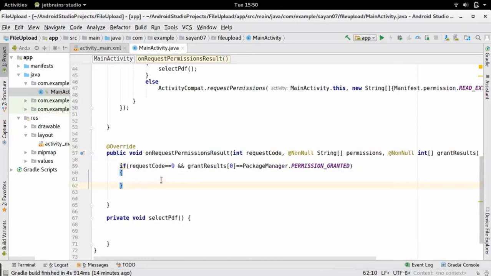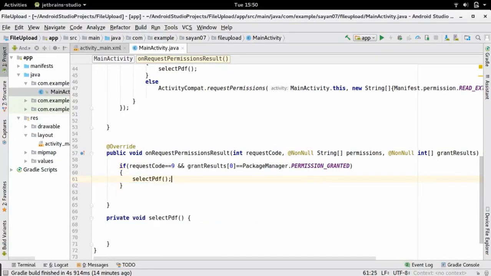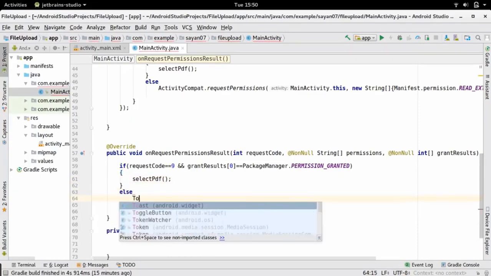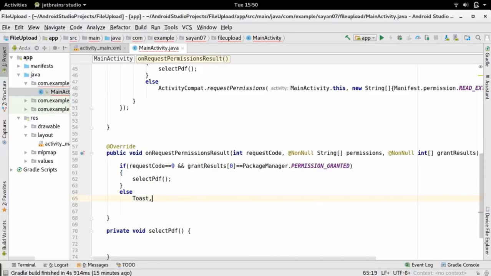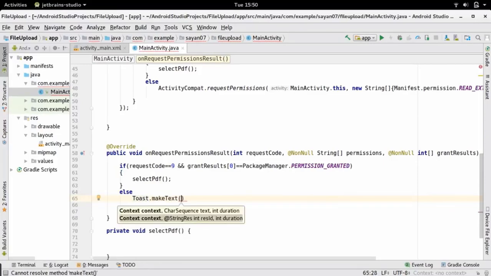Okay, so if our permission is successfully granted, then this if block will get executed, and here we are going to again call the method that is select PDF. Okay, else we are going to inform the user by providing a message, and it will be a toast message.